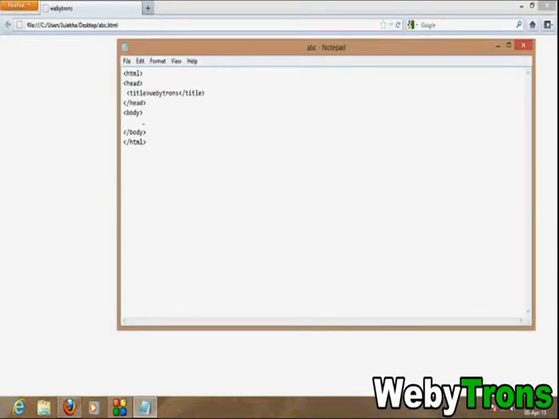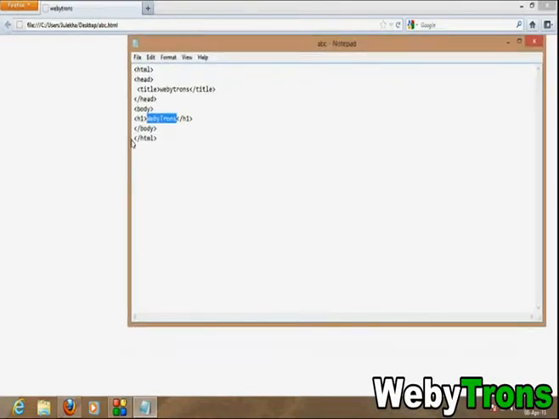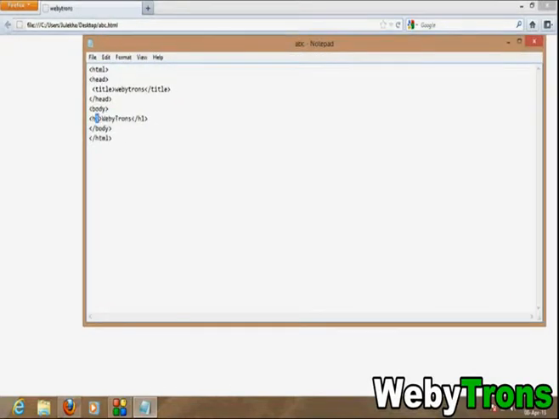So I'll start with a basic header. This is a header tag which will give the property of a header to the name Babytron. Header 1 is a tag name, and 1 is the type of header it will display. Header 1 is the largest size of the header. So we have header 2, header 3, header 4 till header 6.